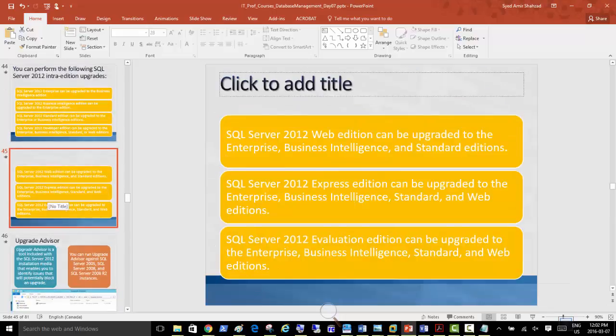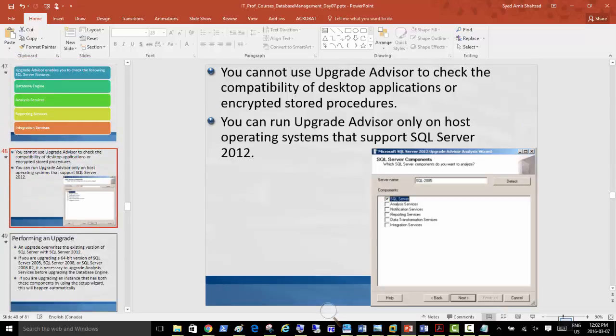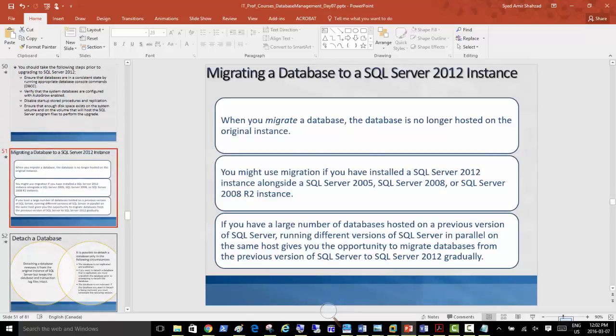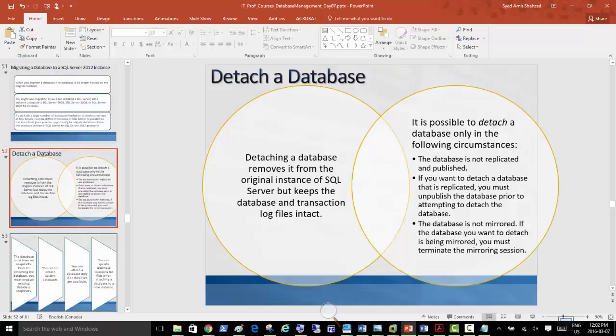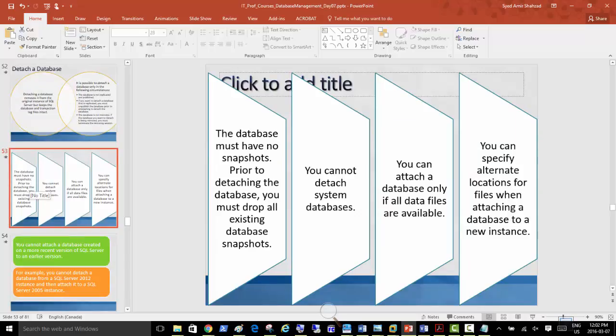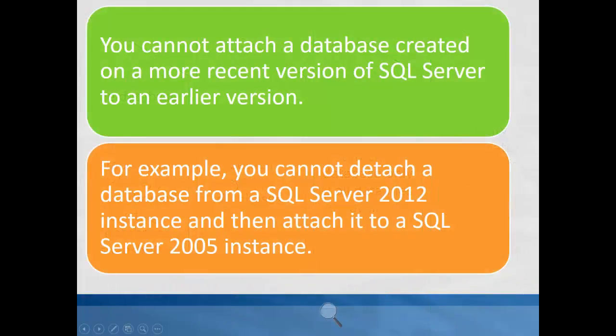So we're back from the break, and we were talking about these topics, Upgrade Advisor, as well as performing upgrades and migrations. And we were talking about migrations. Then we talked about detaching a database and attaching it. We tried the lab, and we were able to do that in the same instance. But if we are to do it on a separate instance, we have to have the security certificate with it, and it's just a little longer script that I need to come up with. So hopefully we'll be trying that again while we are doing the high availability labs.